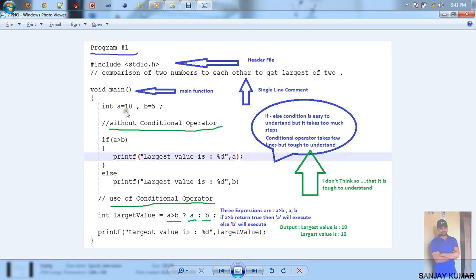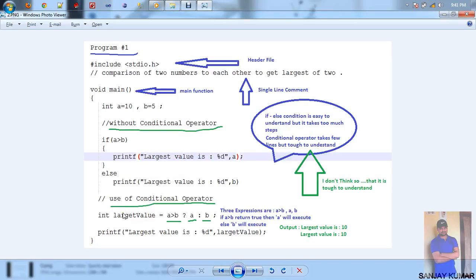By comparing these values, 10 is greater than 5, so it returns true, and it prints this statement: printf largest value is 10. So by using the if else condition, this is the simple condition that we have made without using conditional operators, and we got the result as largest value is 10.